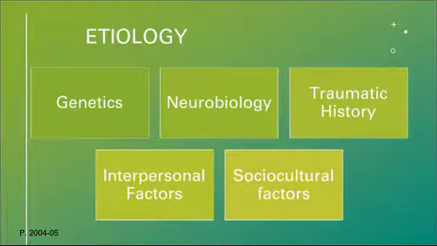Interpersonal factors: the parent-child interaction, especially parental separation, a parent being incarcerated, continued changing of caregivers or care institutions, so in and out of foster care, abuse, and poverty. Sociocultural: they don't really know because there are different parts of society and different countries, so they're not sure where that factors in, but they believe it does. Risk factors are genetics, family life, child abuse, and being diagnosed with another mental health disorder.